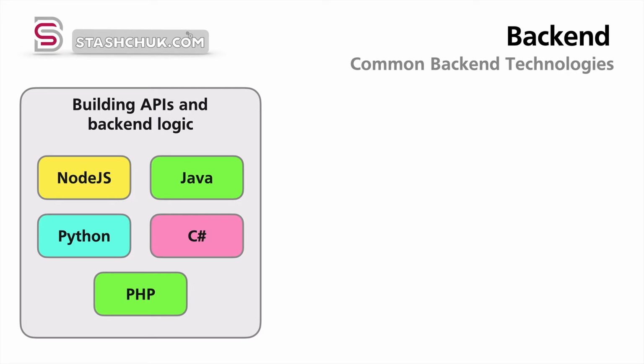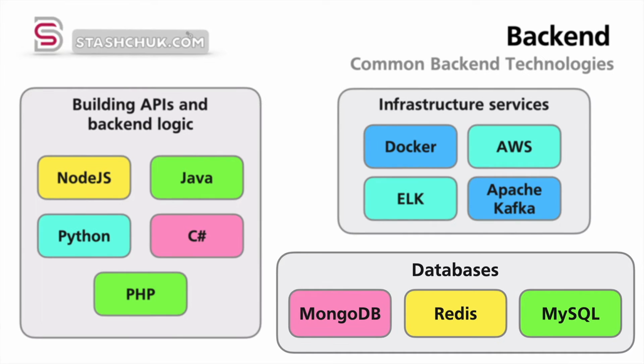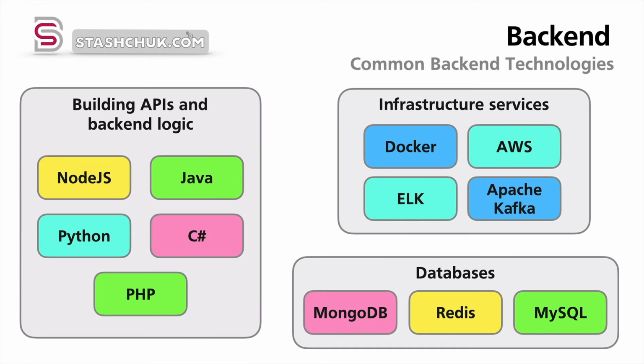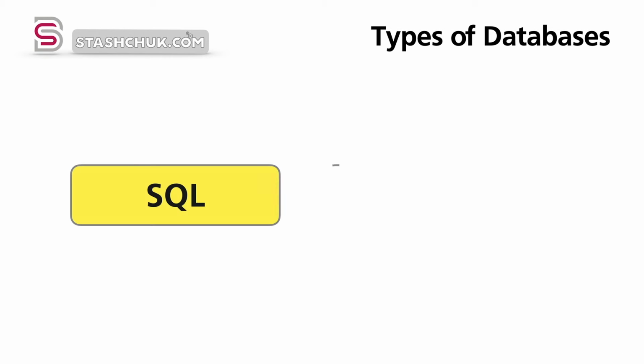Using programming languages you could implement, for example, communication channel with databases and perform different write or read operations on behalf of the front-end clients. Databases belong to another group of backend technologies, and there are 2 main types of databases: SQL or relational databases,